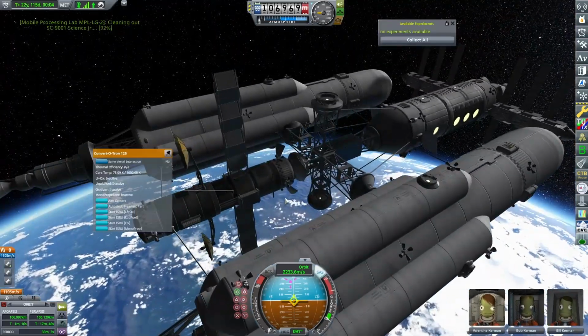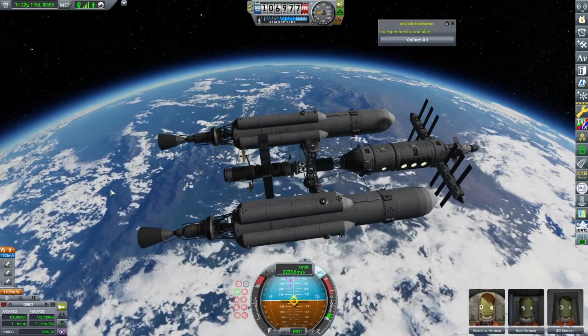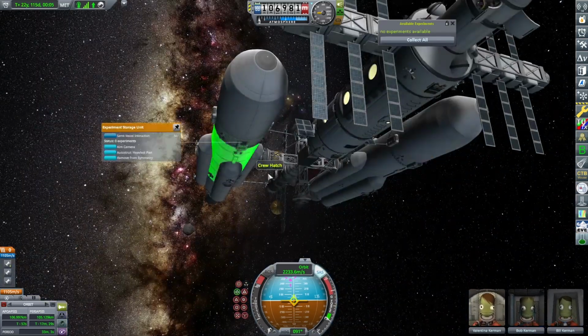So Valentina, Bob and Bill are very happy on board. We will need to bring them home at some point, but until then, we are coming up towards the end